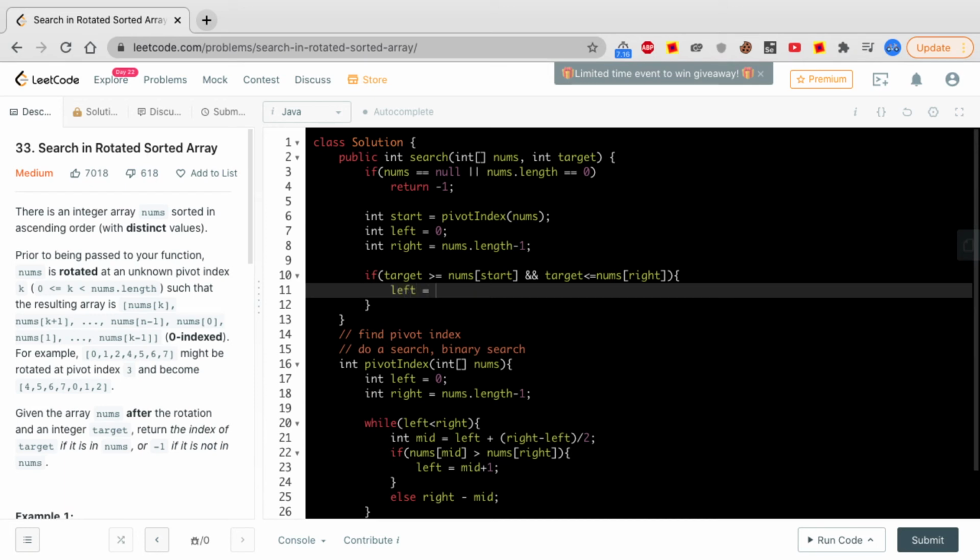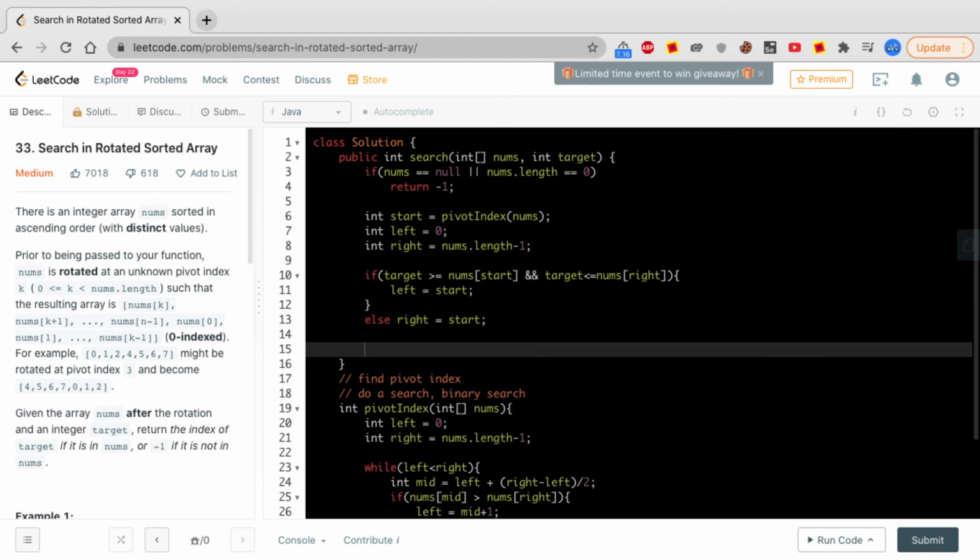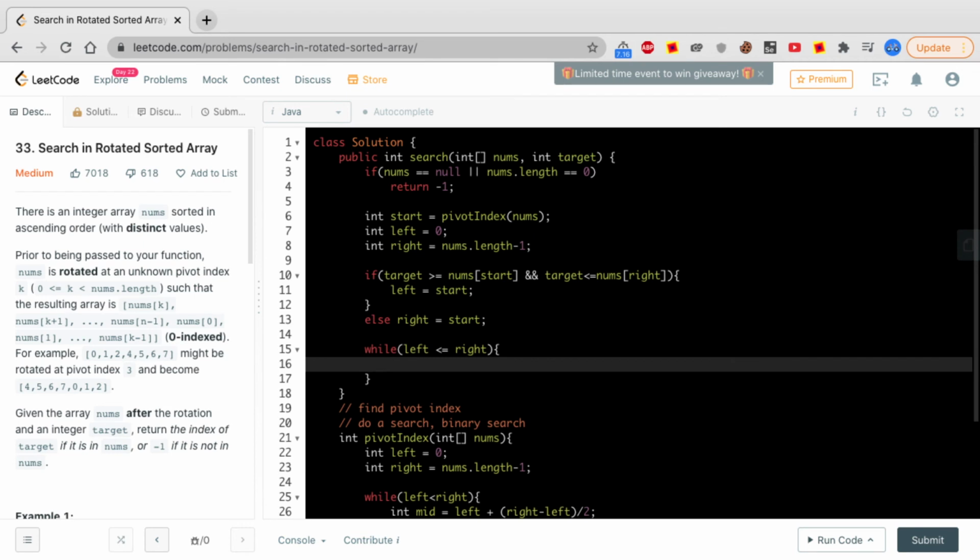Then my left is equal to start. If this is not the case, then I will have my right as the start. Okay, and now we'll simply do binary search again between left and right.